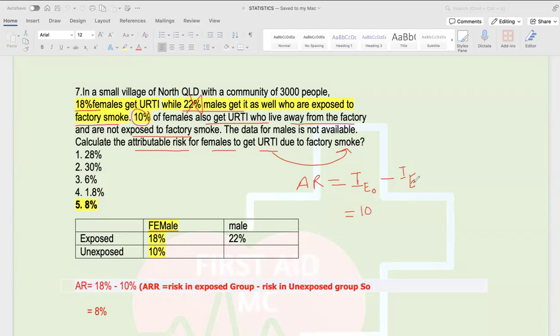And incidence rate in the exposed group was 18%. Now, in attributable risk, we never use minus. So it becomes -8, right? So we never use minus in this. So you just turn the math. So what we do in this case is incidence rate in the exposed group minus incidence rate of the non-exposed group. So in the exposed group, it was 18%. Non-exposed group, it was 10%.